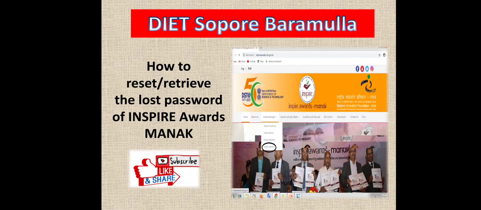As already discussed in the previous presentation, the online registration of schools and the nomination of students on the Inspire Awards MANAK web portal. Today we will discuss how to reset or retrieve the lost password of Inspire Awards MANAK. This is one of the common issues most of the school authorities are facing. Due to some reason, sometimes they forgot